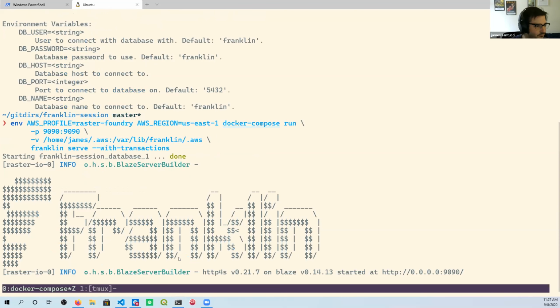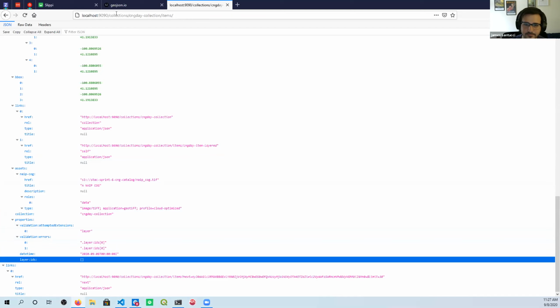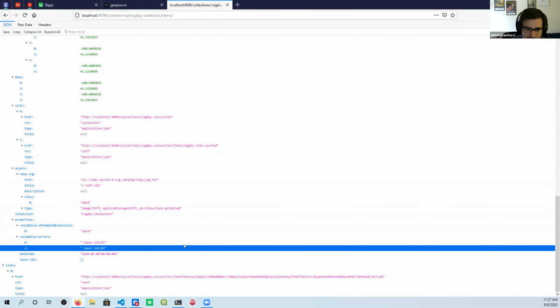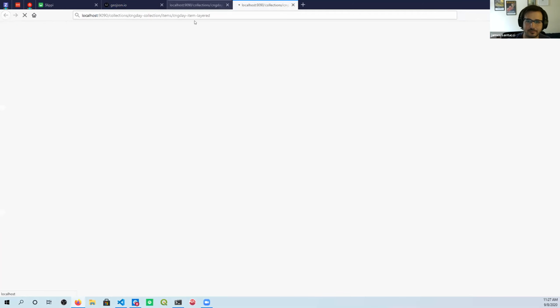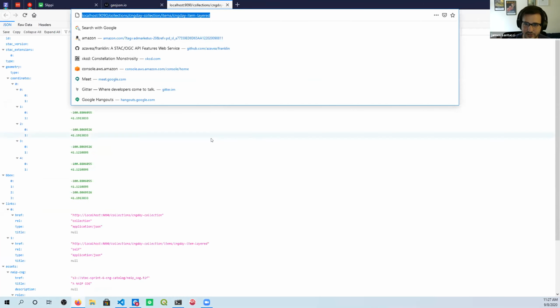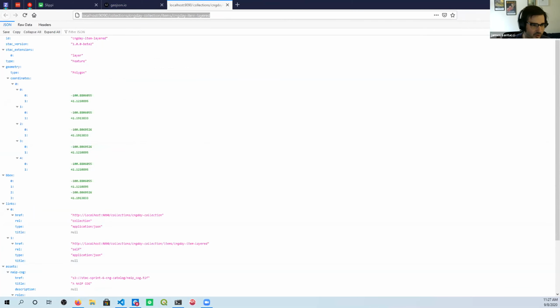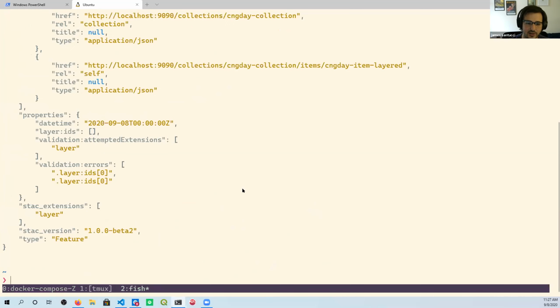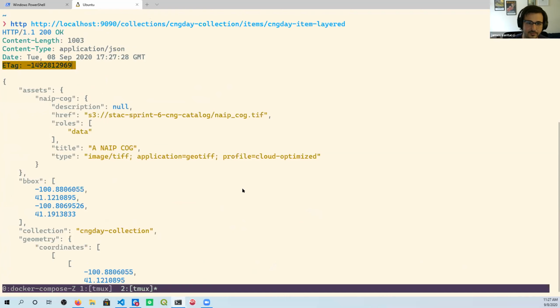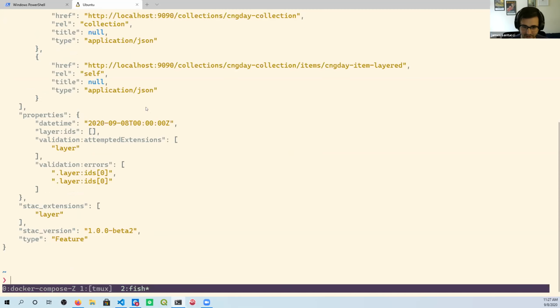Okay. So we have an item and we know there's something wrong with it. So let's just go to its self, which should exist somewhere. Yeah, this guy. So here's our item. And with the transactions extension, we support all of them. So if I make a request for this item here, one of the things I will get back is an e tag. And so to fix this, this item doesn't appear to have any layers. So we're just going to get rid of the declaration of the layers extension and get rid of the layer IDs field. So to do that, what we can do is